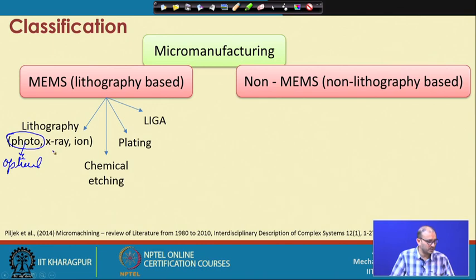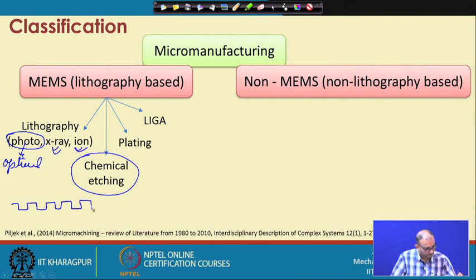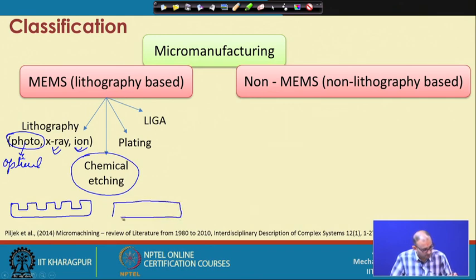And if you want to go with a very, very high resolution, or we can say the small dimension, then we have to go with the X-ray lithography and the ion beam lithography. And chemical etching is also one there. Suppose you have one component, you want to create this cavity, then you have to take one solid part like this,